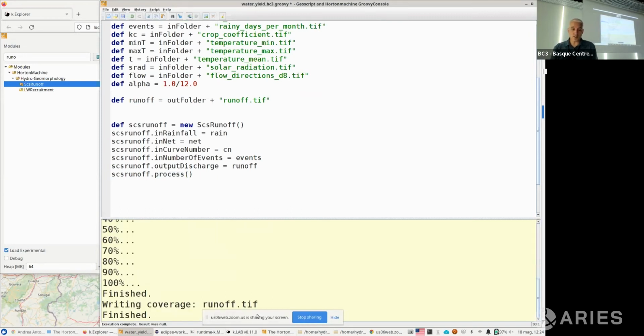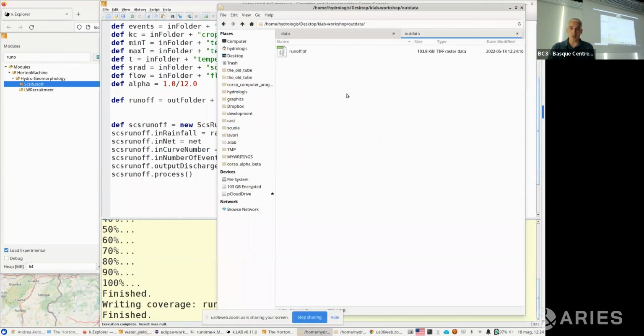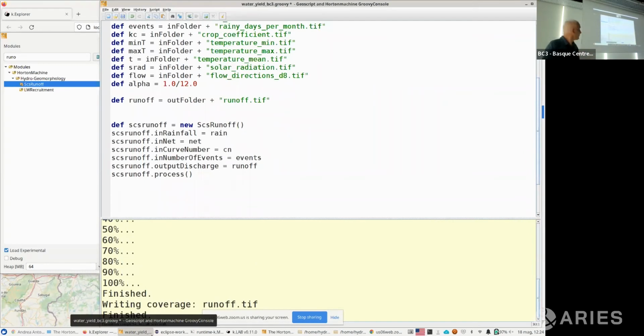If I run this, it will do some stuff, and I can check, sorry, here, it generated a new map. What you would do is load it into your GIS and then check if the data are right and this kind of stuff. But while you do modeling, you prepare your little script to also do some digging of information if the results of the model are not right, because think of this as a moment where you are writing a new model. Well, you can do something here, like